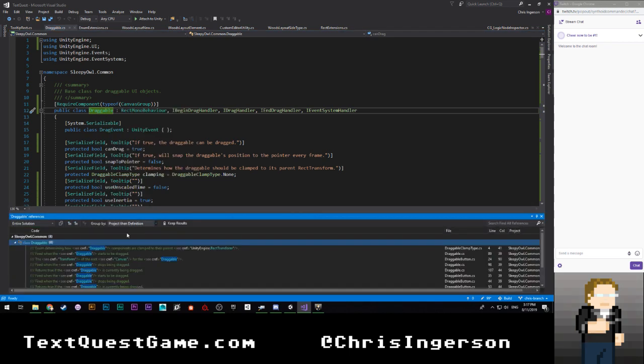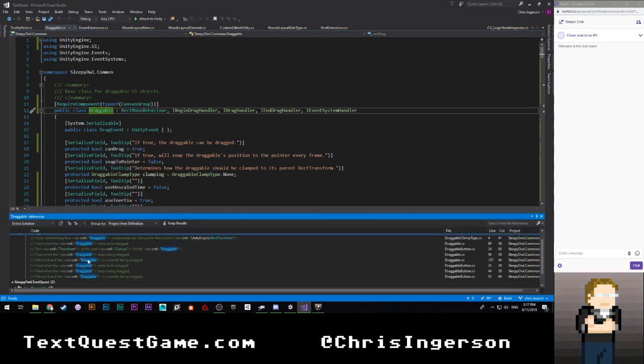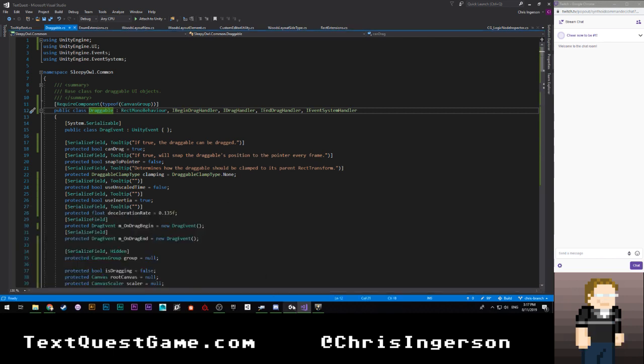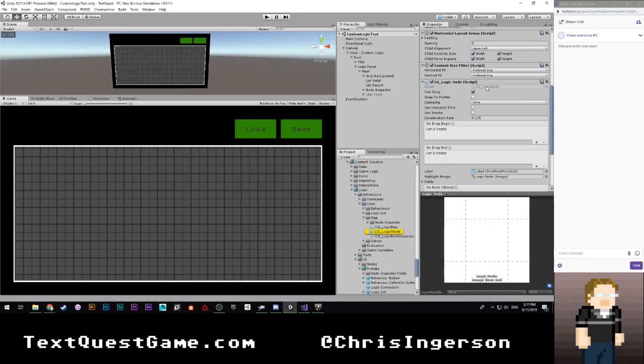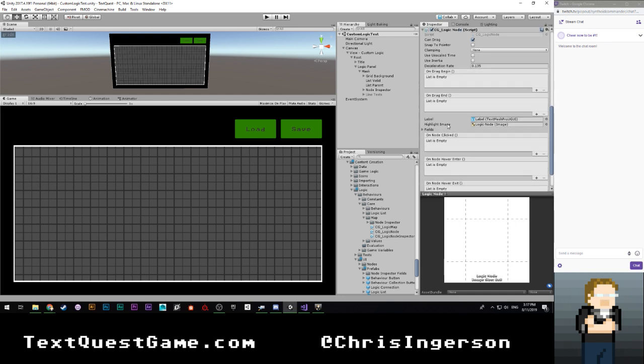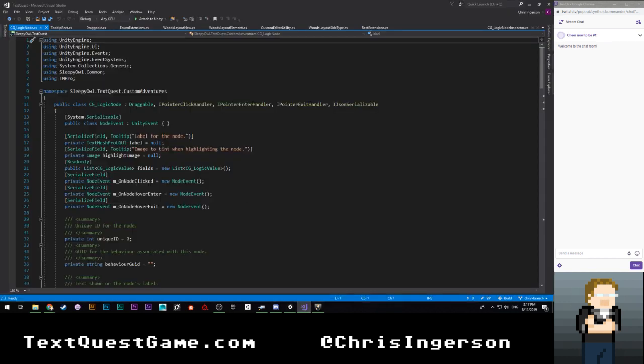There's no custom inspector for this stuff? Huh. But then how is this going on? I don't know how CG Logic Node is drawing itself if it's a... Oh, it's not a button. That's why. Okay, never mind. Right, it's draggable. I was confused for a second there. I'm like, how is it doing that if it's... So it just isn't using a custom inspector. Okay,